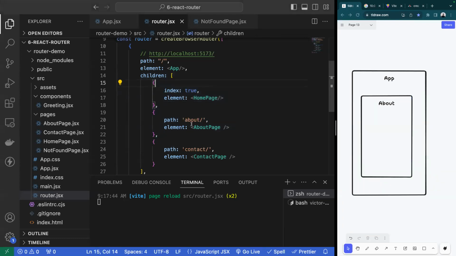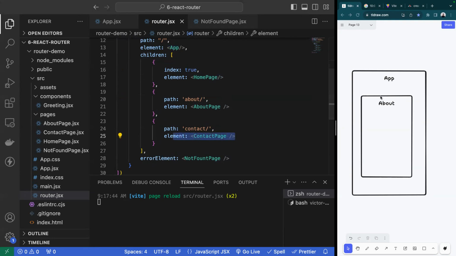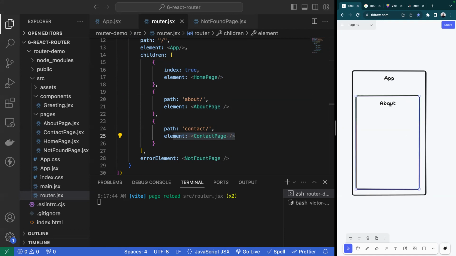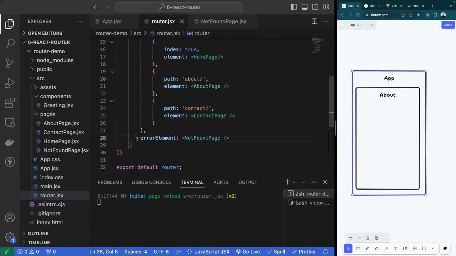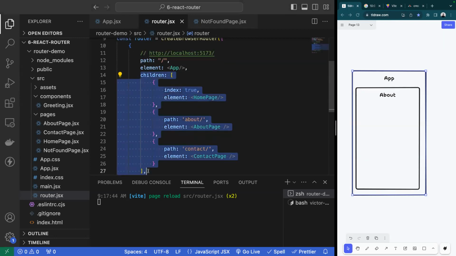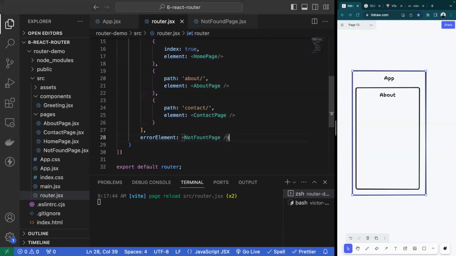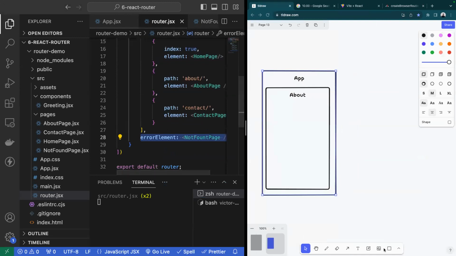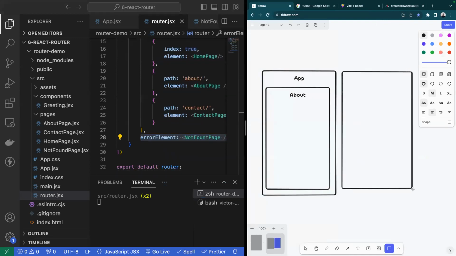All right. So about page is a child of App.jsx. Home page is a child of App.jsx. And contact page is also a child of App.jsx. All of these are children, meaning that App.jsx can render them and also still include App.jsx. Well, in line 28, the error element, that is not a child. That is not within the children array of App.jsx. So the not found element, instead of a child of App.jsx, is an entirely new concept that is not in line